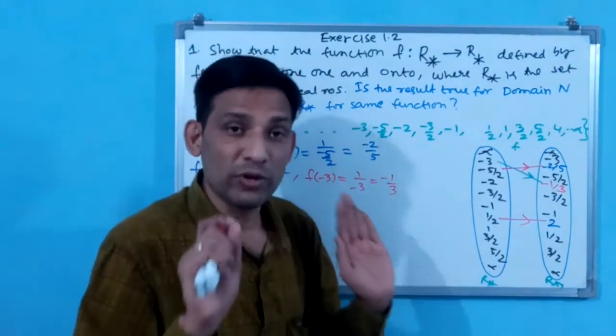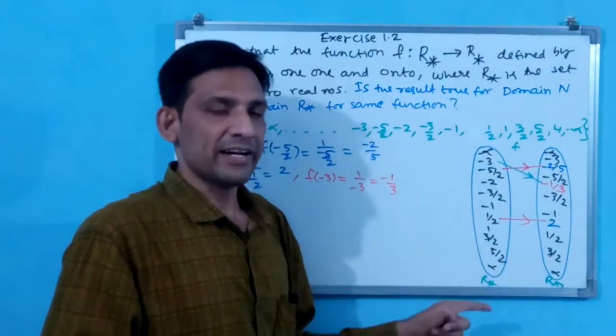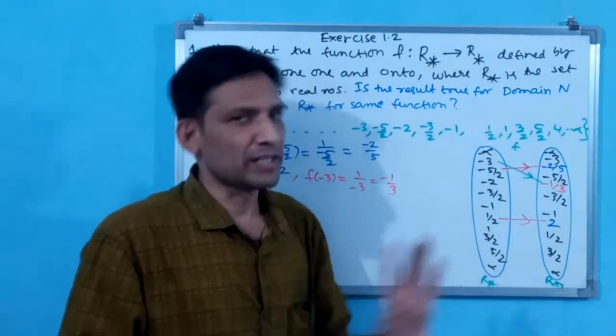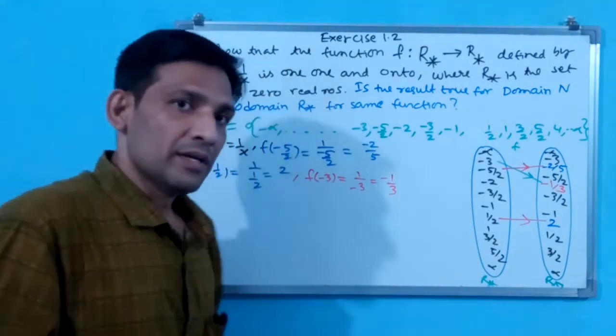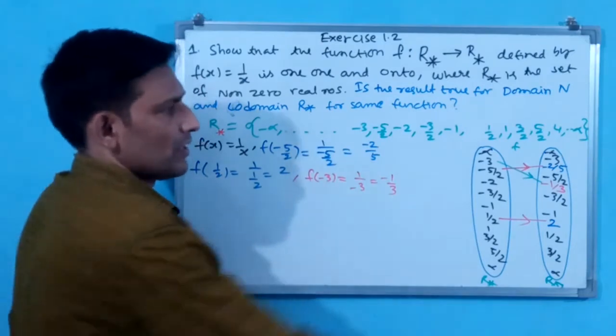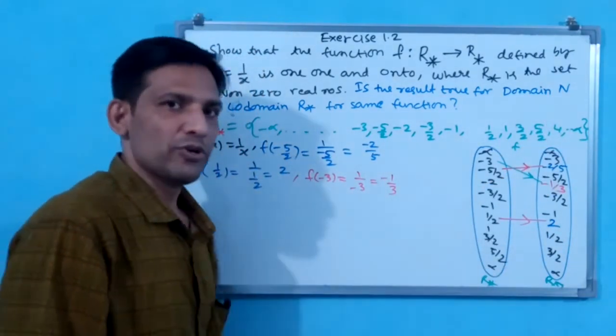Rather it is going to become only a relation. That is why 0 is not there. With non-zero real numbers, every element we can take. That is why this is a function. Now we ask, are any elements left on this side or not? Because this is a function, we know.